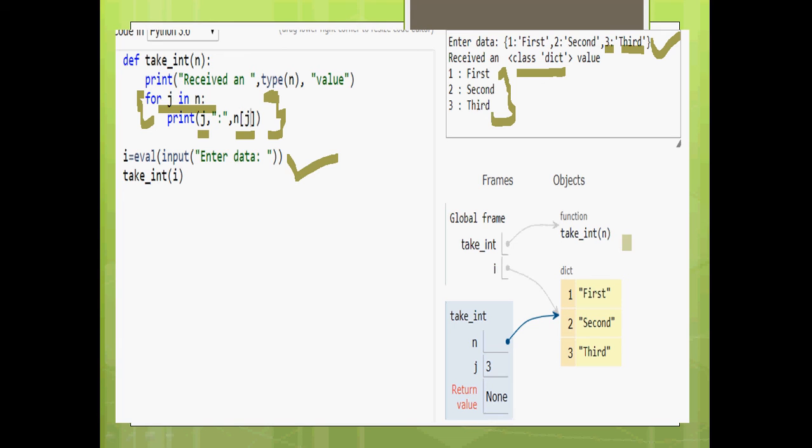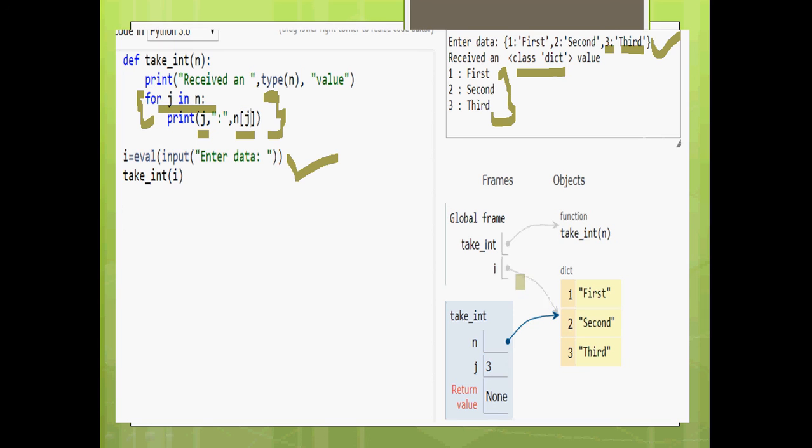So two different lessons you are getting. One is just to recall the previous Python topics: dictionaries, tuples, lists, data values, mutable and immutable types. All these things you can recall, and also you can learn new things like how to pass a dictionary to a function and how the function can handle the data once it receives it.